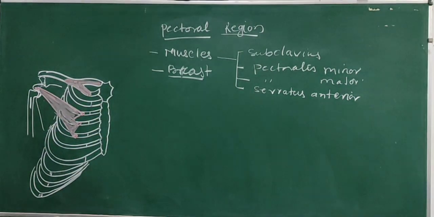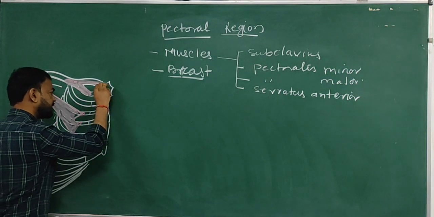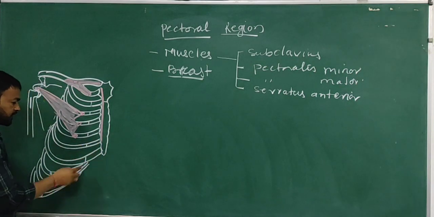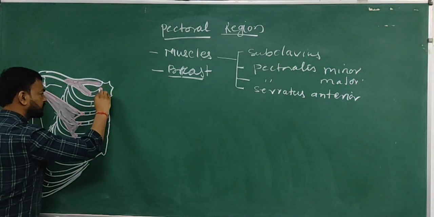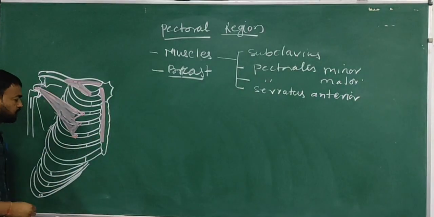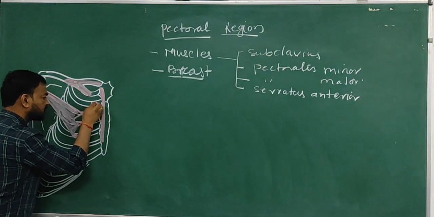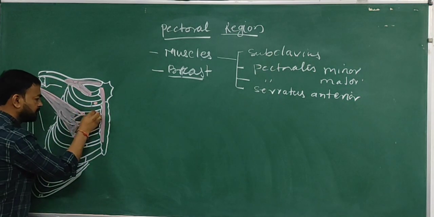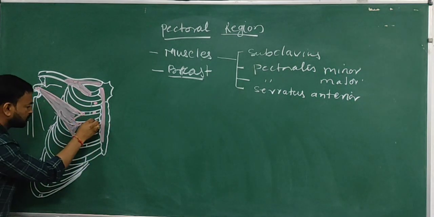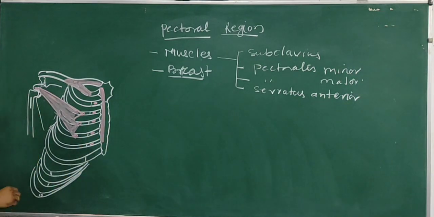And the second head is a sternocostal head. Sternocostal head की जो lateral part of the anterior surface of the sternum up to the sixth costal cartilage. Up to the sixth costal cartilage. That is the sternocostal head. So this is the external head, and the costal head from the costal middle part of the, that is the middle part of the costochondral. This is the costochondral part of the sternocostal junction up to the sixth ribs.